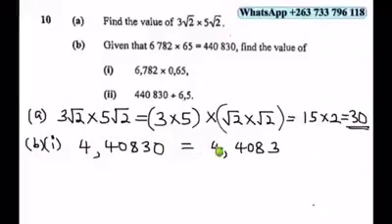Does not matter, so it's 4,4083. So this will be my final answer. Then here on part 2 it's 440,830 divided by 6,5. You can see that if we divide by 65 here, we can get this 440 divided by 830 will give me